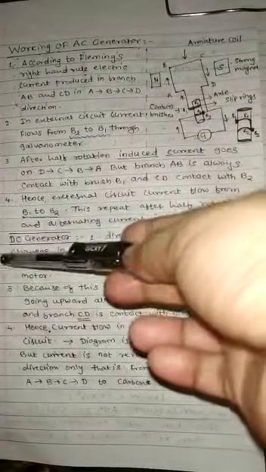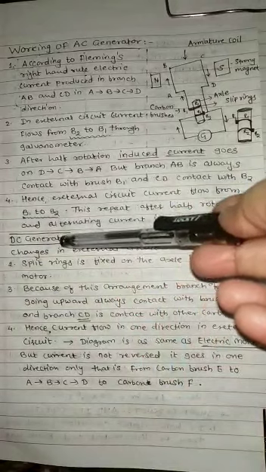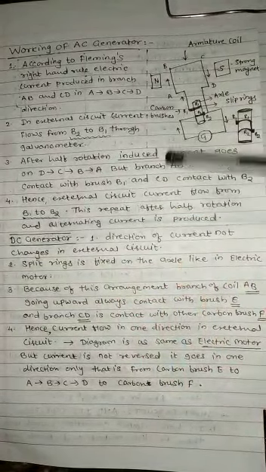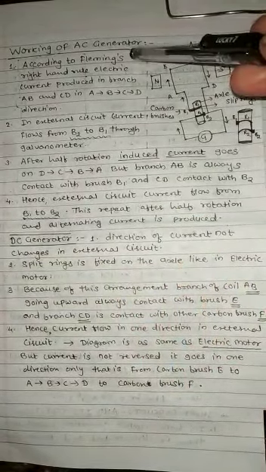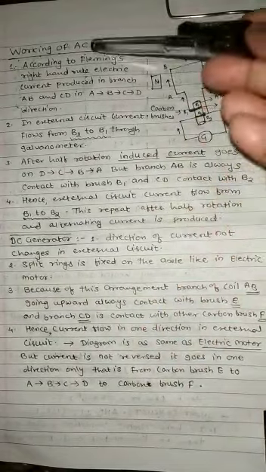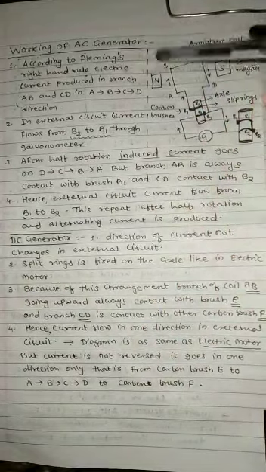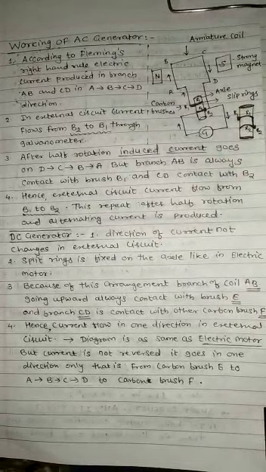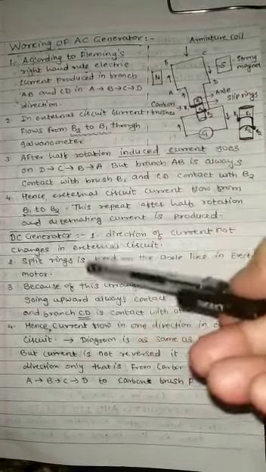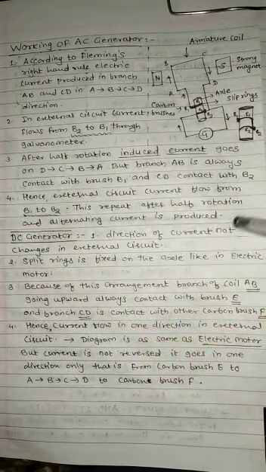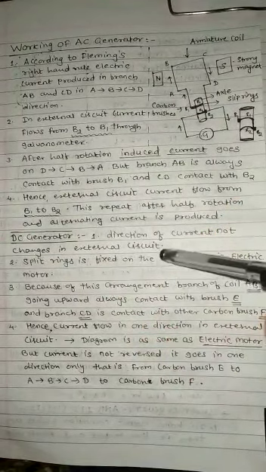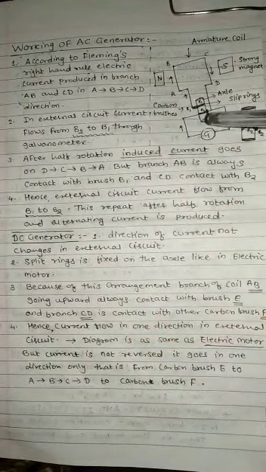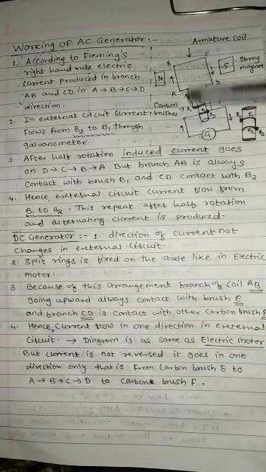So the next one is the DC generator. In the last lecture I told you that there are two types of generator, that is AC and DC generator. AC means alternating current generator and DC is direct current generator. So what is the working of a DC generator? See, the direction of current does not change in the external circuit. See here, in an AC generator the direction of current is changed